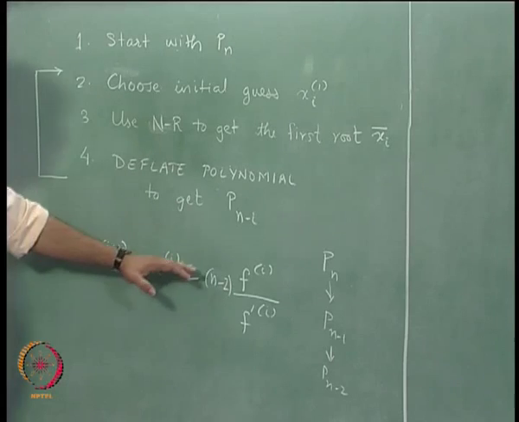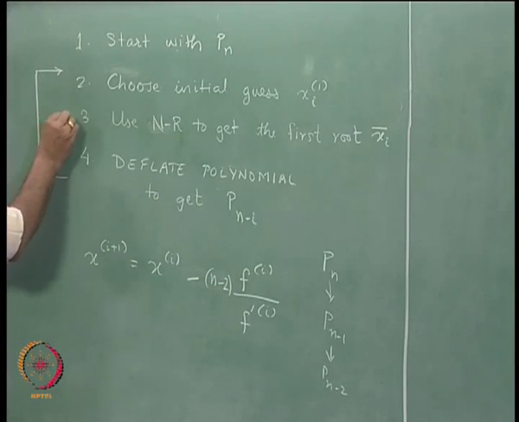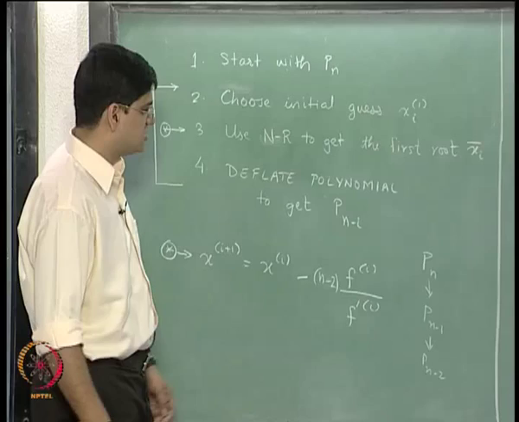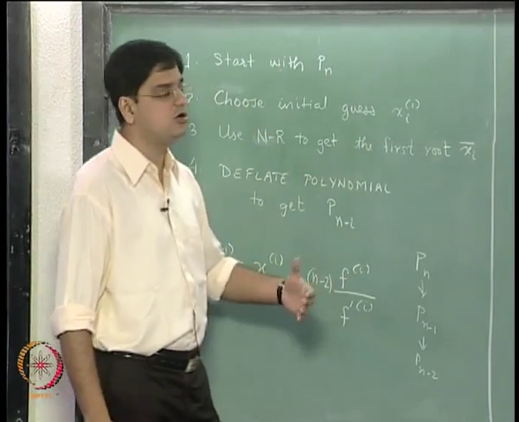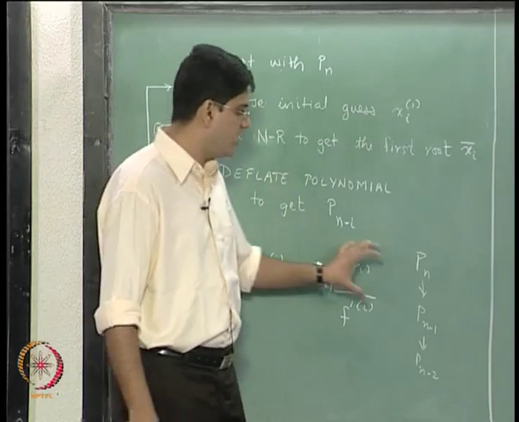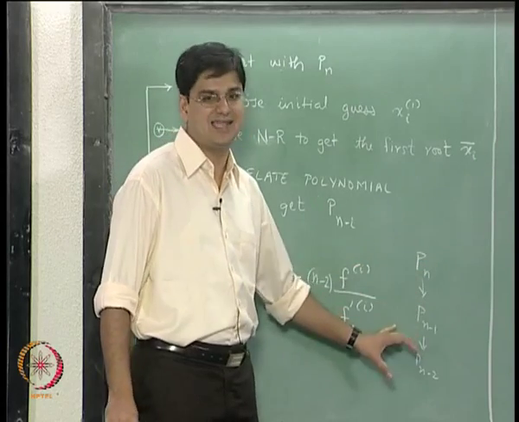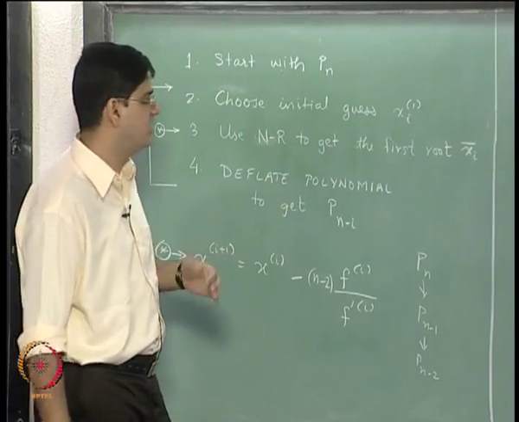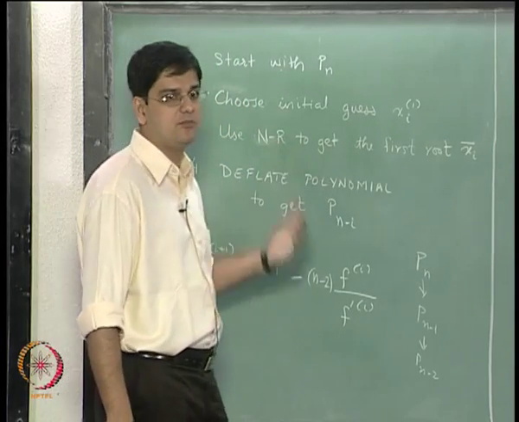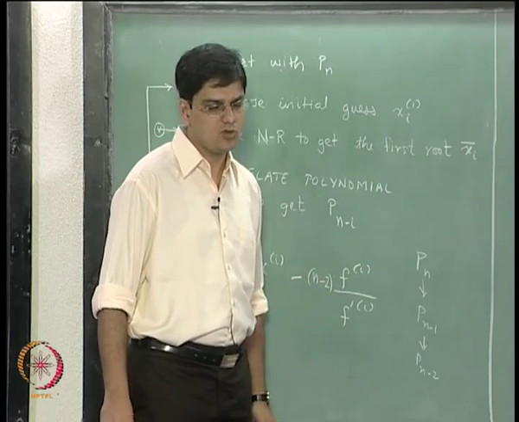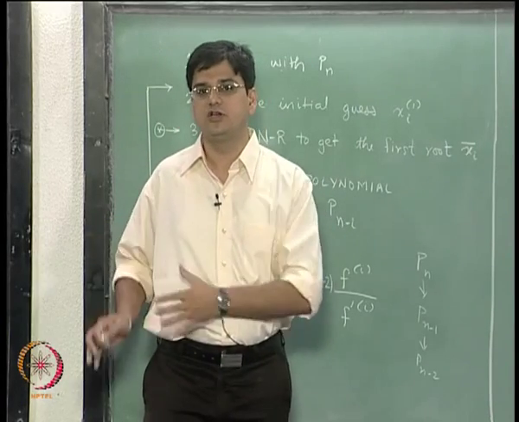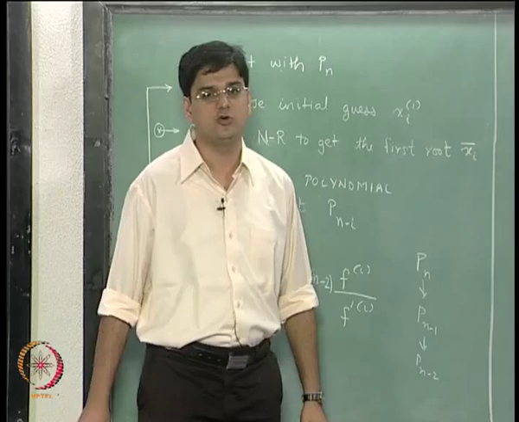So this is the procedure we can follow in step number 3. Ralston's modification can be used in step number 3 to get faster convergence of the Newton-Raphson method for multiple roots. This is because we know a priori that a polynomial Pn has n roots, and we want to find all n roots, and every time we deflate the polynomial, the number of roots decreases by 1. So that is the background of using Newton-Raphson's method directly on polynomials.